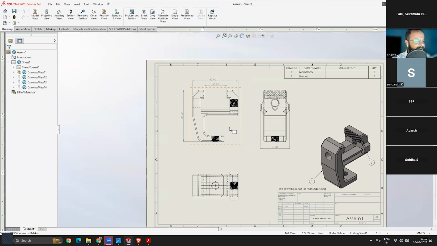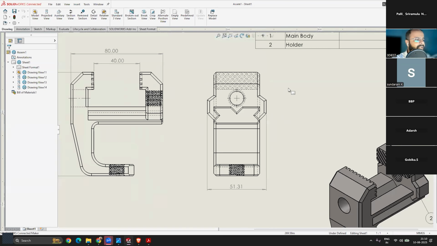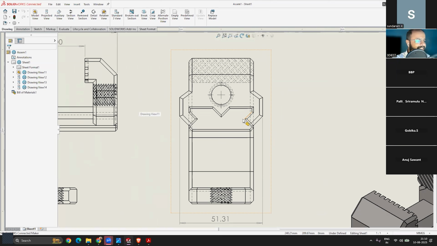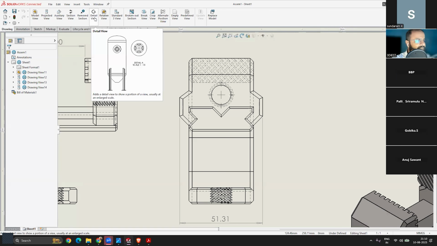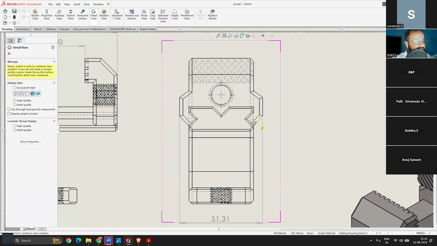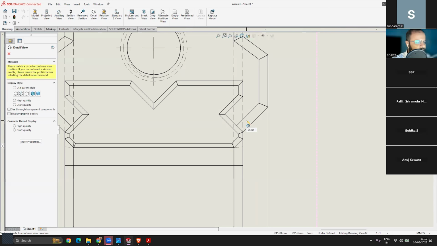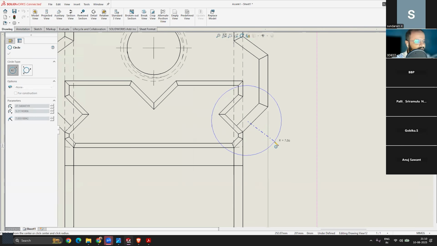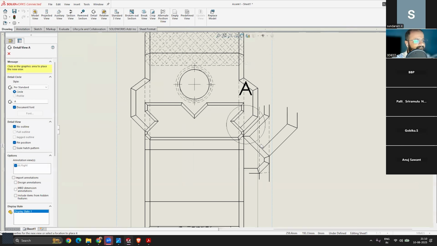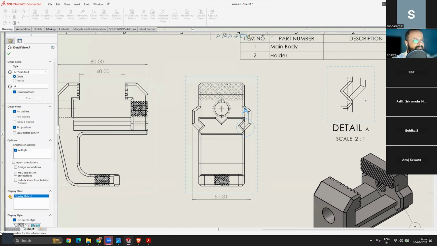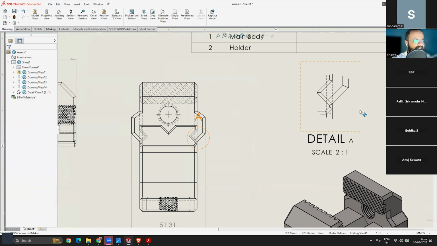Circle cut section. Okay, so it's very simple. Let's say I want to get a circle section of this area, because this area is more complex. Here is the detailed view. Just activate that and then point out the center of your circle, and whatever is inside the circle, you will be able to get a cut like this, but in a more enlarged view.